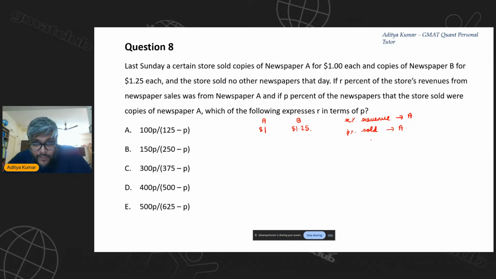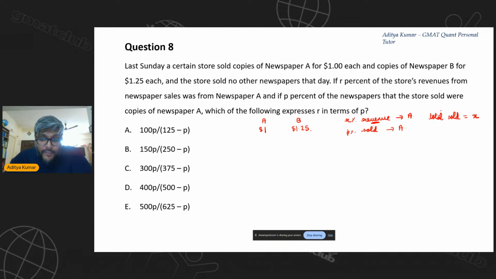Now I see this question, I try to study the data. I have something about the revenue. Obviously, the revenue will depend upon the price per newspaper, and it also depends upon the number of newspapers sold, right? So I don't know how many newspapers were sold. So that is my instinct. Since I want the revenue, I want the number of newspapers sold. So I will say let the total number of newspapers sold be X,